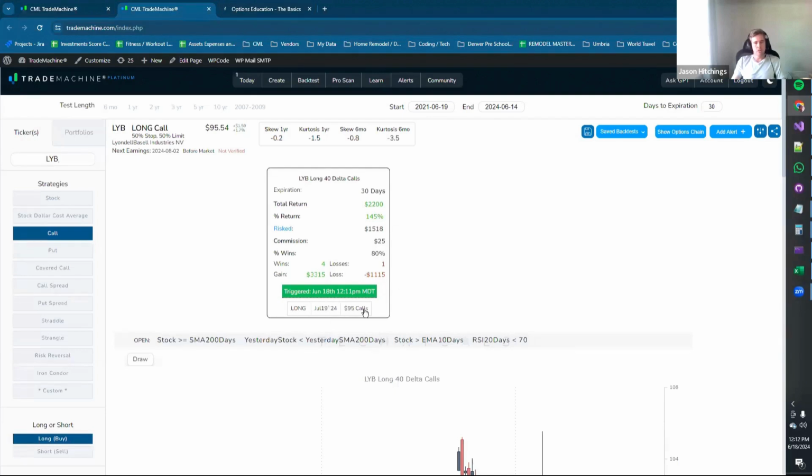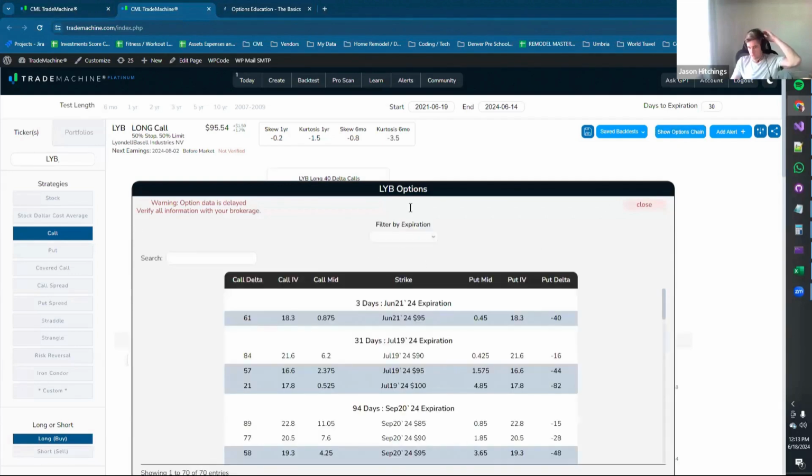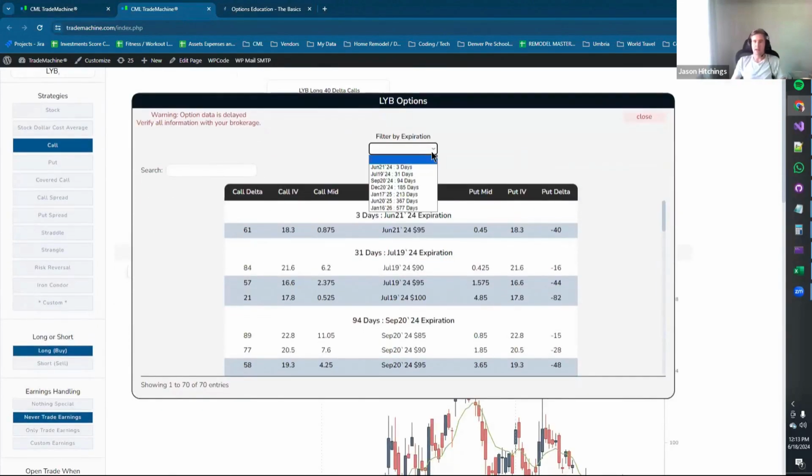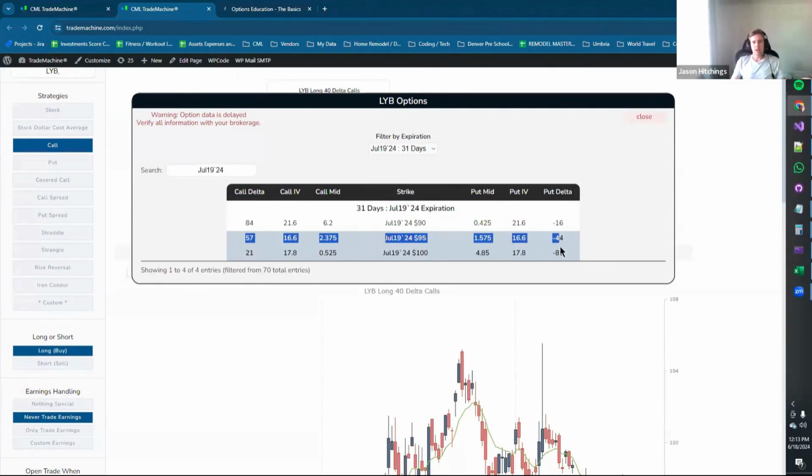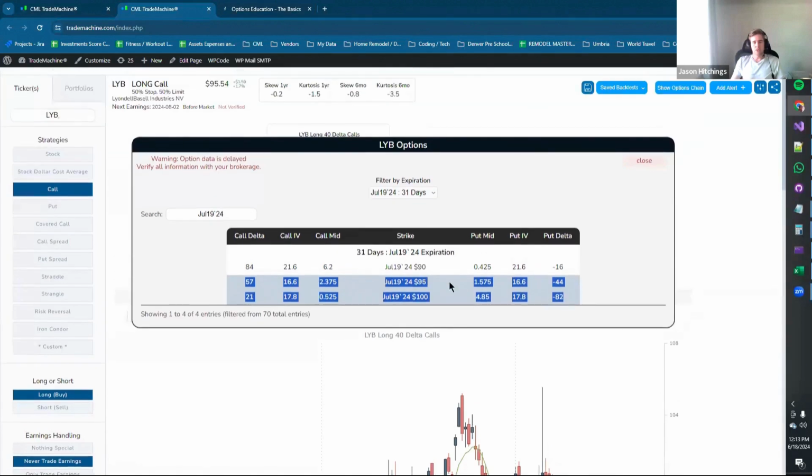That's relatively simple to do with a single leg strategy, but when you start getting into more complicated strategies, like if you click a custom strategy, then this is a pretty nice time saver. But if you don't have that feature, all you do is click the show options chain, or you can do this equally as well in your brokerage. This can filter by the days to expiration. And so I'm going to click 31 days because that's the closest to 30. And you can see on this, there's relatively few strikes, and this is the call delta. And so we have 3 strikes that have good implied volatilities that have good deltas, meaning the bids and asks make sense. This montage just shows the midpoint of the bid and ask, but your choice would be between the 57 delta and the 21 delta